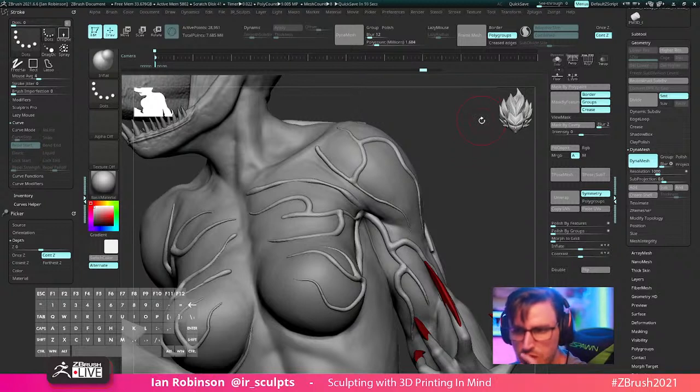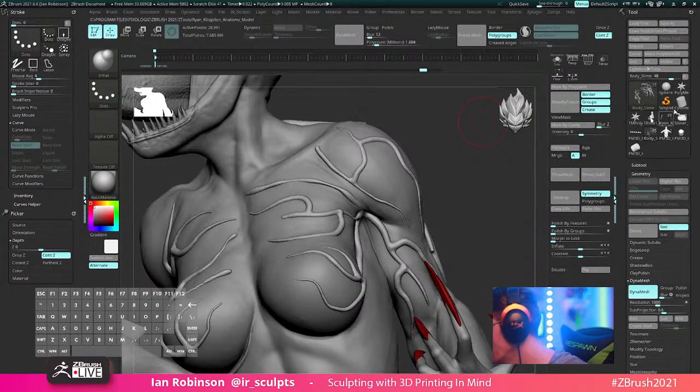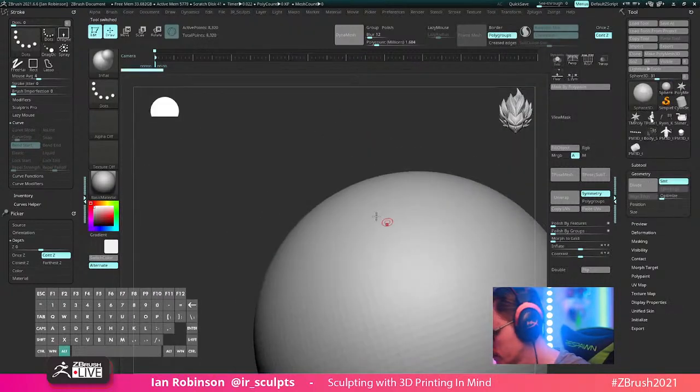It happens when moving from Z-Sphere to Polymesh a lot. Okay, then if you're using Z-Sphere and you're getting a lot of corruptions, when you use Z-Sphere,